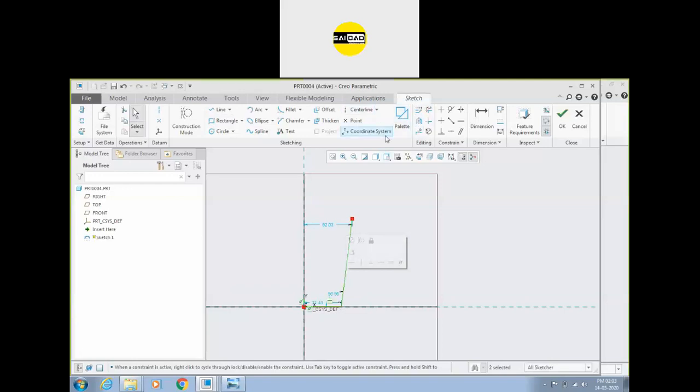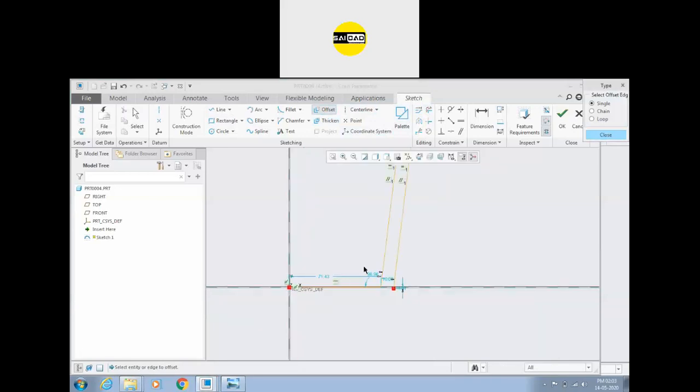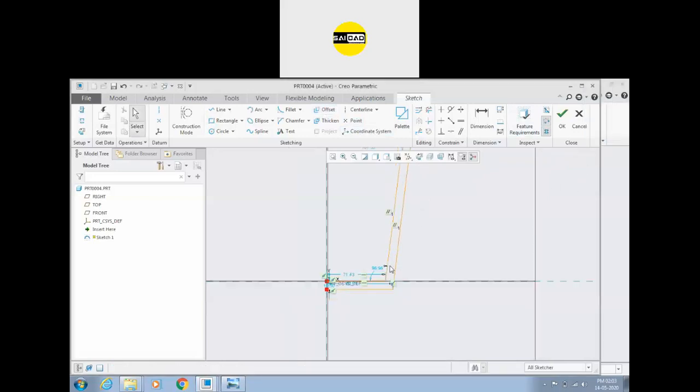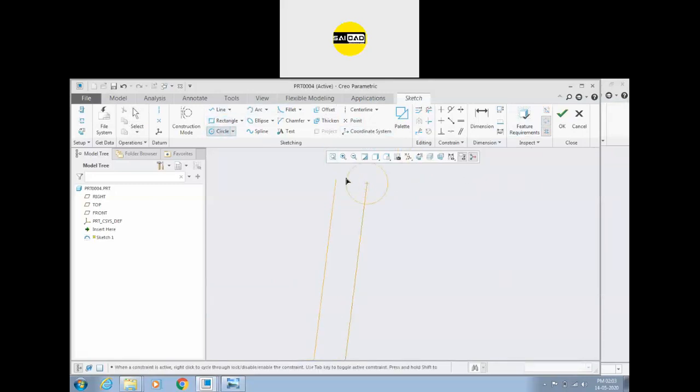I want to create an offset of 10. I should have selected the chain. So offset chain: I want this object and this object in this direction with the value of 10. You can see the offset is created. Now I can close it with a circle or a line, whatever option you need.